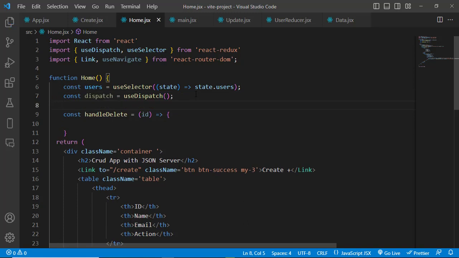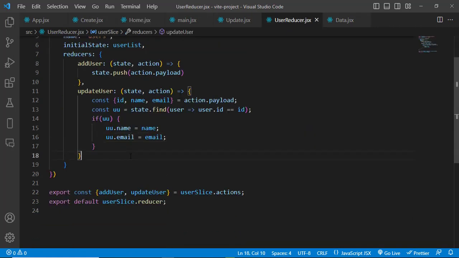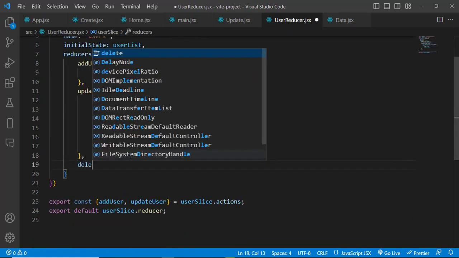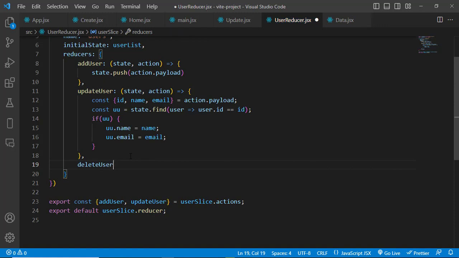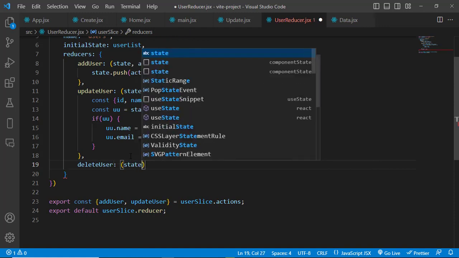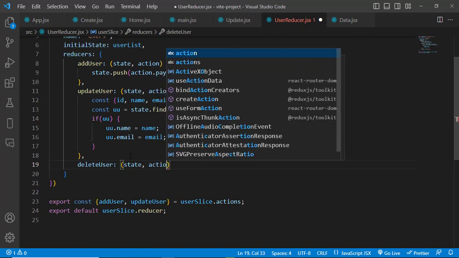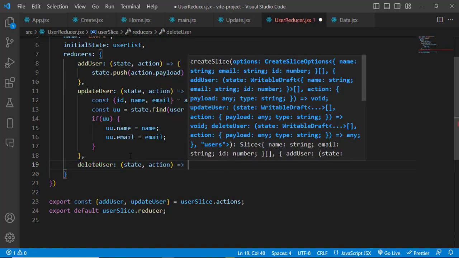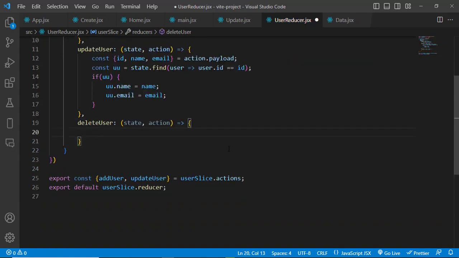And we will use the dispatch, and we should call the delete action. So let's create that. Let's come down here, deleteUser, state and action, and here we will delete the user. We will write the same code like this,